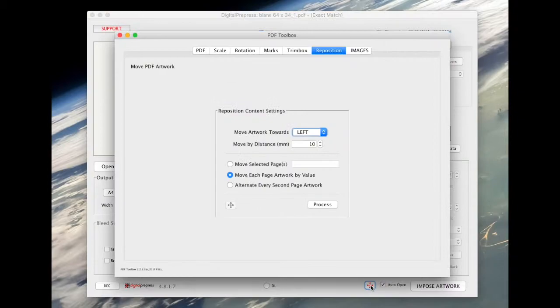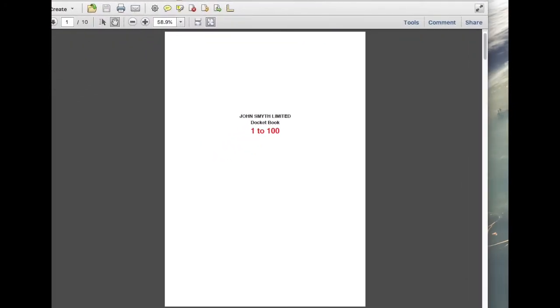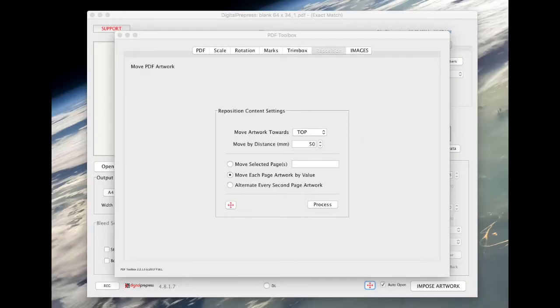This can be achieved by clicking the 4-headed arrow button as shown. Then simply choose the direction you wish to move the artwork, followed by the distance in millimeters, and click the Process button. And as you can see, the artwork has been moved 50 mm towards the top of the PDF